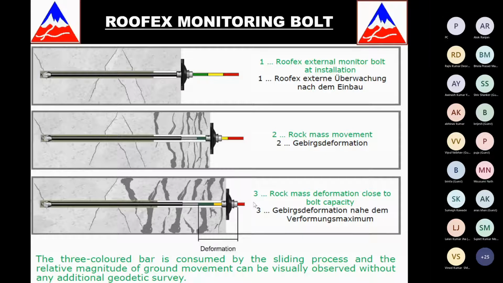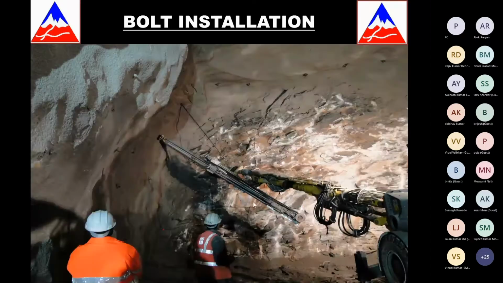Expensive rock bolts, but they're available in Europe. They can be used as one odd rock bolt in 5-6, but it gives you an idea if there is too much deformation, and you should increase the number of supports in that area. You would have already been doing bolting using 2-arm or 3-arm boomers. What is important is that we should do the installation in such a fashion that the bolts hang or stitch the rock properly. And wherever there is water and poor mass, we must do grouting so that a complete grout curtain is formed on top and we get stability.